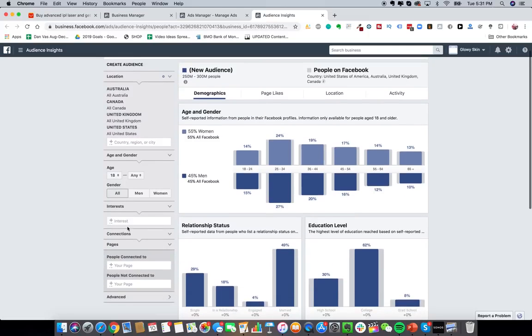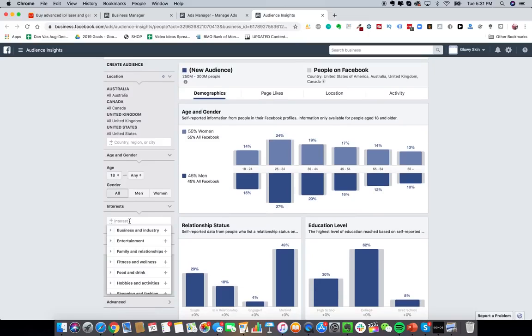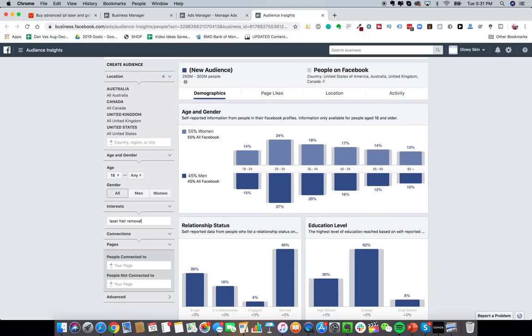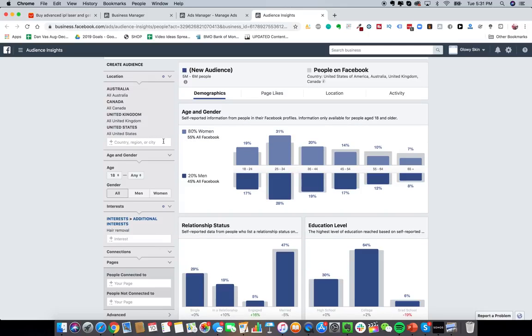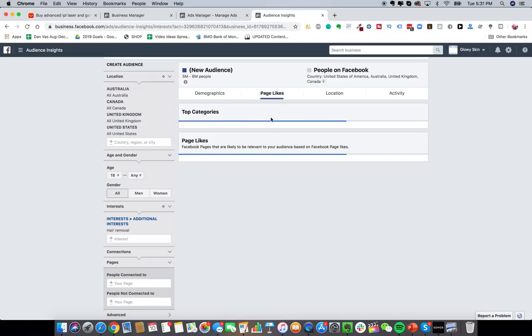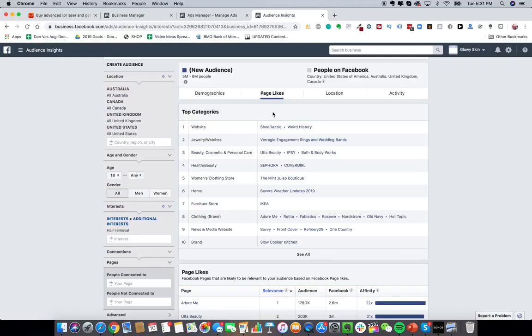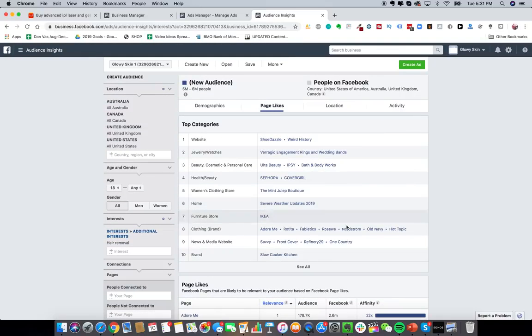And so once we get there, for your interests, you want to put in laser hair removal. We can try that, or laser removal, right? Hair removal, you can try that, boom. So we can see that this audience is about 5 million to 6 million people. And then we can go to page likes. We can see the exact pages that they like. And you want to just start writing down interests from these pages in a notebook or an Evernote,